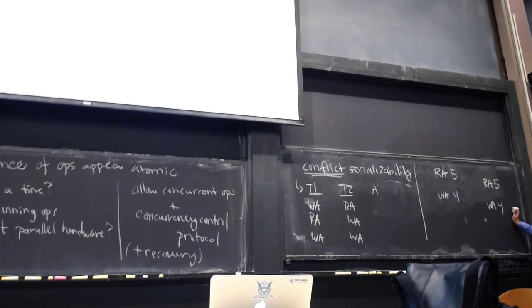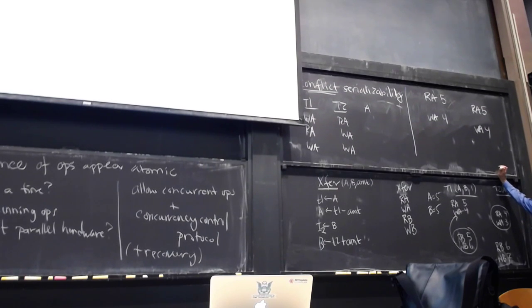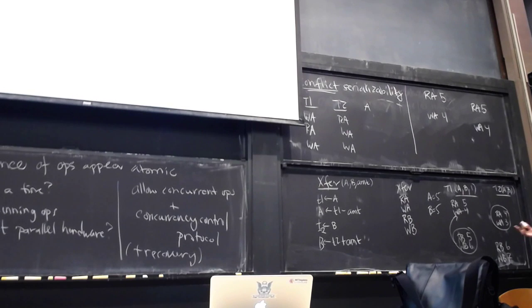The nice thing about this is that we're going to be able to define a protocol that actually enforces conflict serializability. Before we define that protocol, though, I want to talk about how we can test to see whether a given schedule is conflict serializable. This is a great quiz question, so you'll probably get to do some examples of this. So how do we test for this?